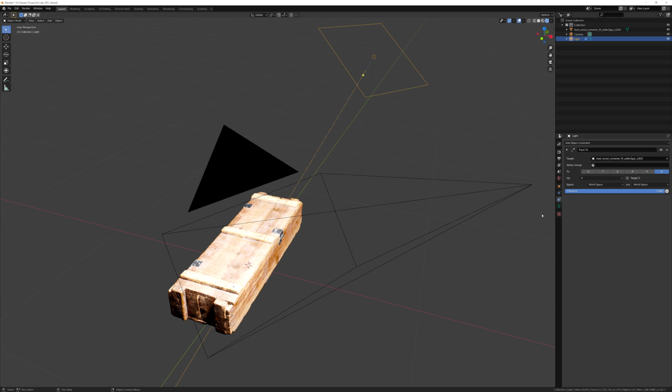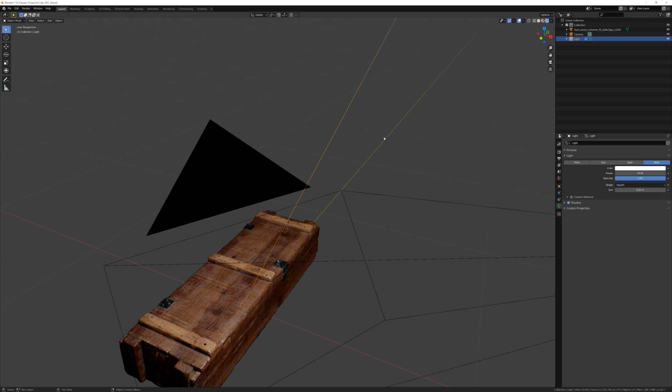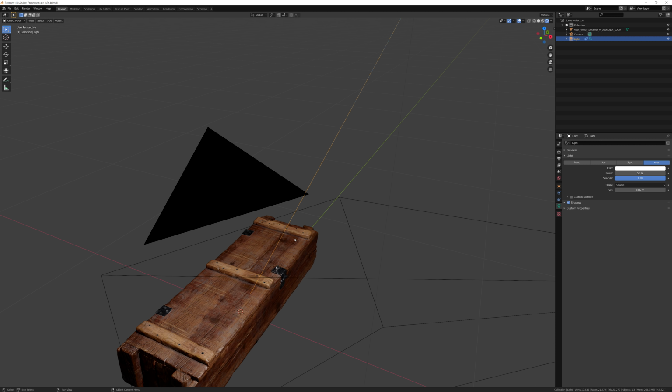Now that we have this lamp in position, let's go ahead and adjust our lamp settings, as this is a pretty powerful lamp. We're going to drop the power from 1500 watts down to somewhere around 50. And the next thing I want to do is adjust the size. We can adjust the size again by clicking on these transform nodes on the lamp itself, or we can adjust the size based on the size option here. So I'm going to change this to something really small, such as 0.02. That way it's a really tiny light, and that little tiny light is going to give our shadows a little bit more sharp and crisp edge.